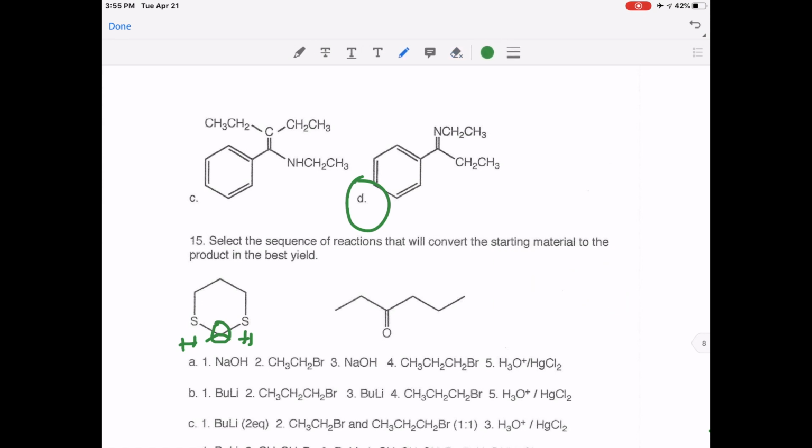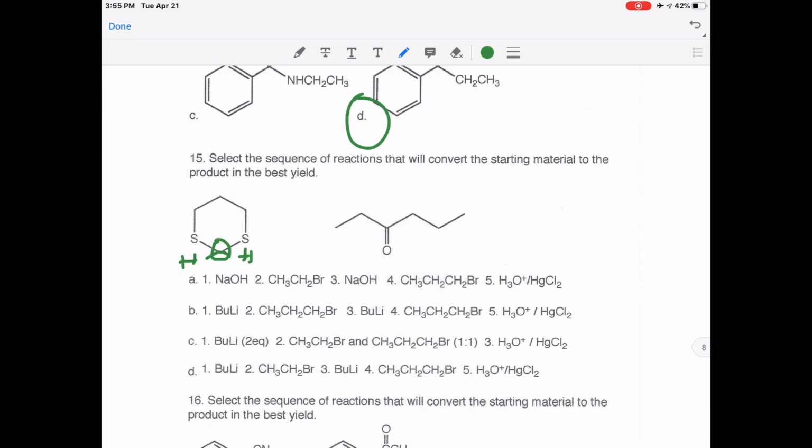So then the second question that remains is, once we've deprotonated these protons, how are we going to add these alkyl groups? And that can simply be done through the use of alkyl halides. Since the removal of any one of those protons is going to give us a negative charge on that carbon, which can easily allow the thioacetal to serve as a nucleophile that can simply do an SN2 attack on an alkyl halide and give us both of these alkyl